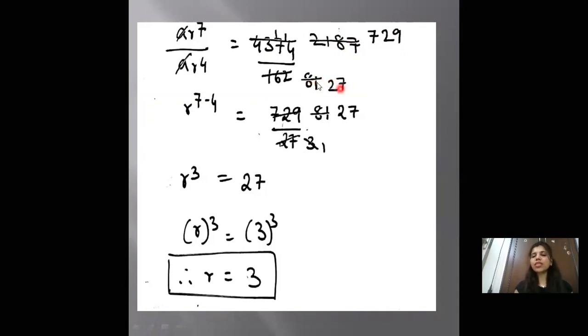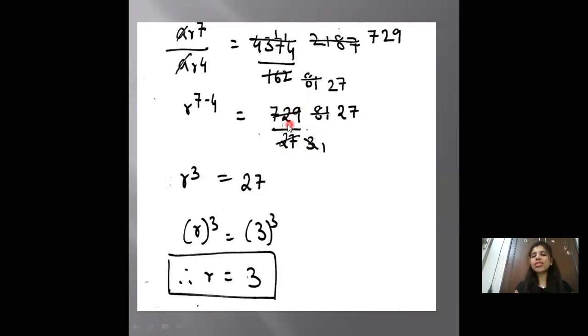3 2s are 6. 2 carry over, 3 7s are 20. Now once you get 729, you have to again check if it can be divided with 3. So here you can see 7 plus 2 is 9. It can be divided with 3 and it can also be divided with 9. Okay. So as you can see, 9 becomes easier.